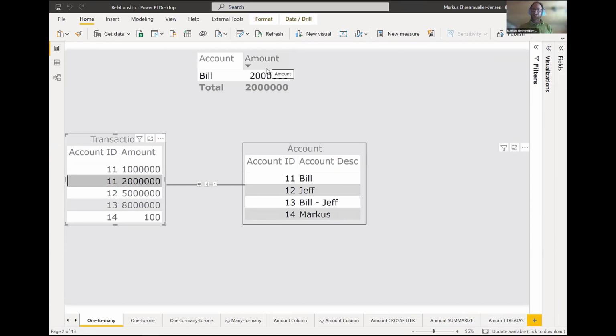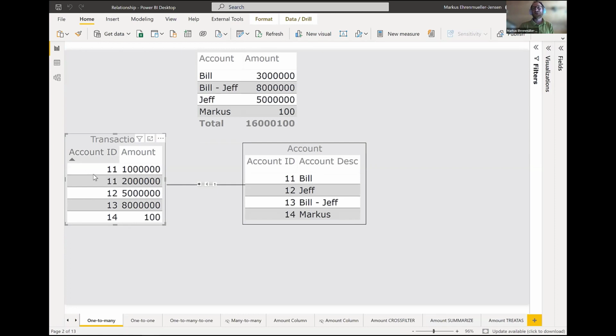And I know it's hard for beginners. This might be hard to grasp, that there are different ways of filtering, and maybe this is confusing you. Please just trust me here. The filter I put in here does not change anything over the model. It's just filtering directly from this visual to the other visual.